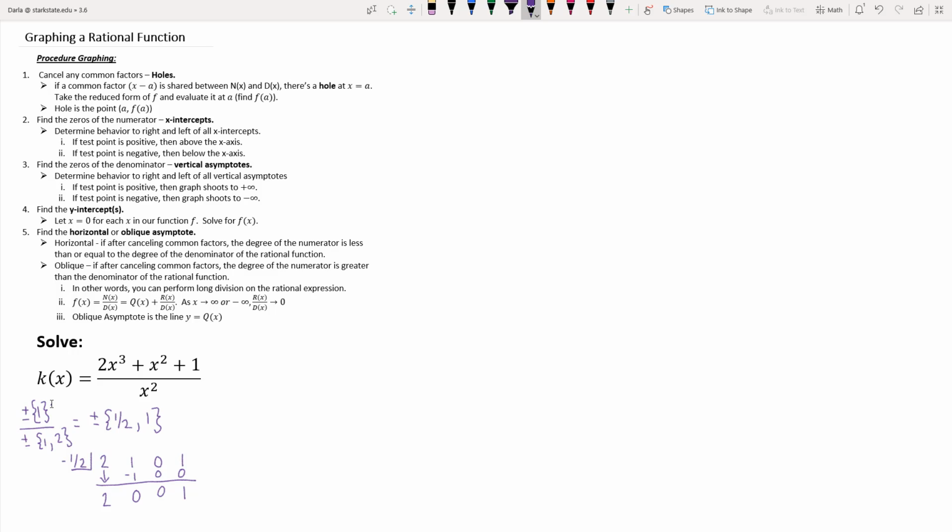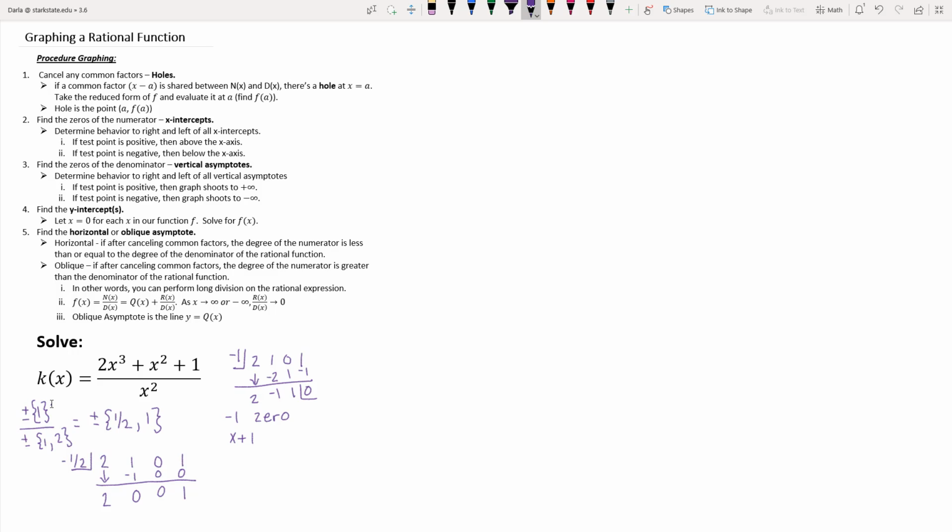So then I move on to -1 using the same coefficients of 2, 1, 0, and 1. Pull down the 2. Times -1 is -2. Added is -1. Multiply by -1 is 1. Added, you get 1. Multiply by -1 is -1. Added, you get 0. And so we can see that -1 is a 0, which means x plus 1 is